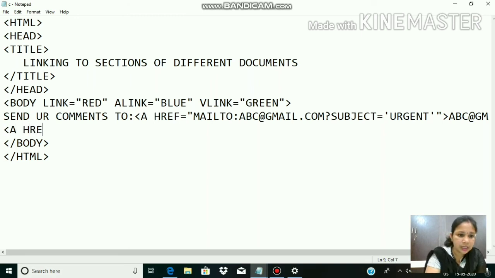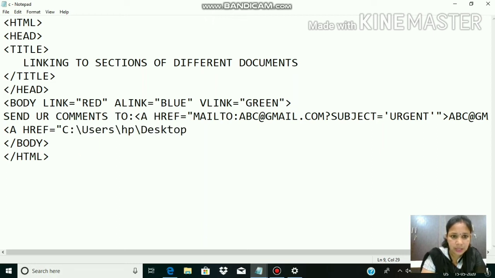A href equals to, within double quotation marks, the address of that site, b.html I want to open, quotation close, and here you want an image. So here I'll write img src equals to, within double quotation marks, the image source, and then close it. So now image will appear as the hypertext.